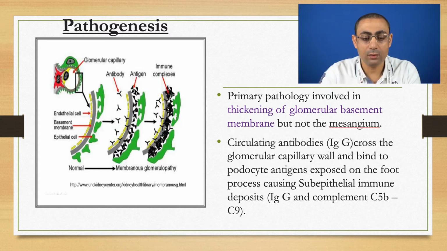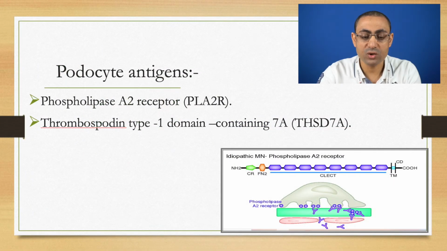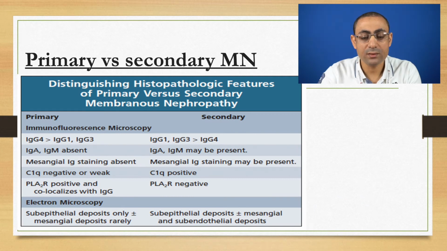IgG binds to the podocyte antigen, of which we have two important antigens. The most important one, having a great role in the latest guidelines in the diagnosis, management, and prognosis of membranous nephropathy, is the phospholipase A2 receptor, PLA2R. The second one is thrombospondin type 1 domain containing 7A. There are multiple differences